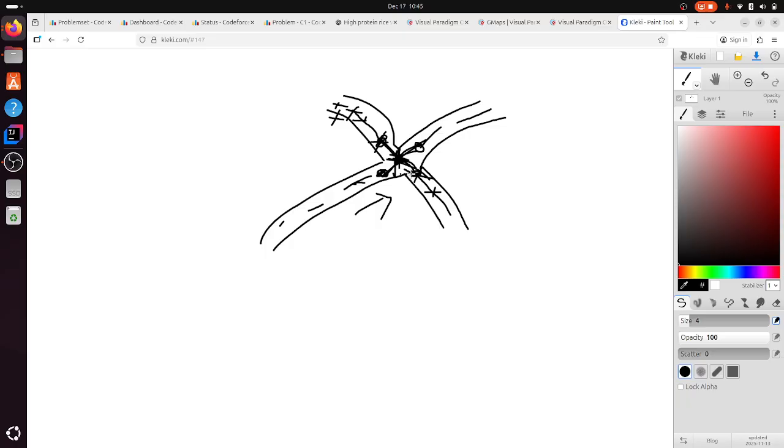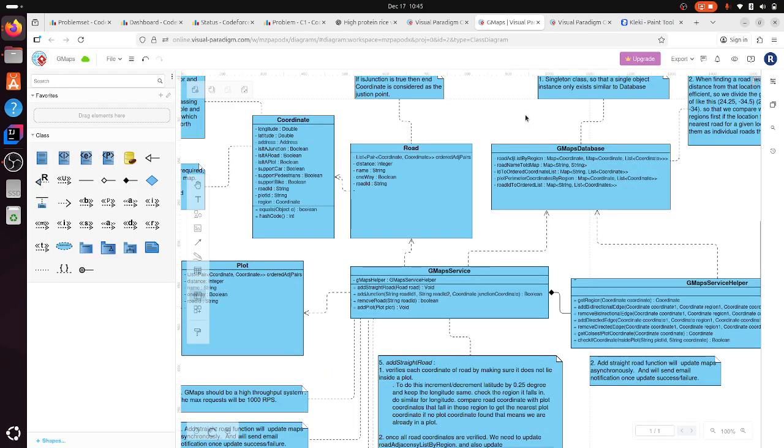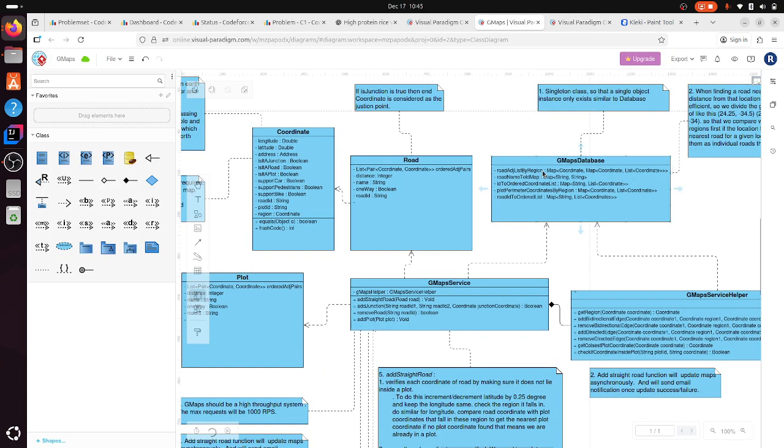So once we figure out these two coordinates, this coordinate is in between these two coordinates. If there is a direct edge from this coordinate to this coordinate, I mean, if this is A and this is B, so in our road we have from A to B an edge, so we need to update the road adjacency list by region, where first we need to find the region of A as well as the region of B, and then in that region of A we need to update the adjacency list